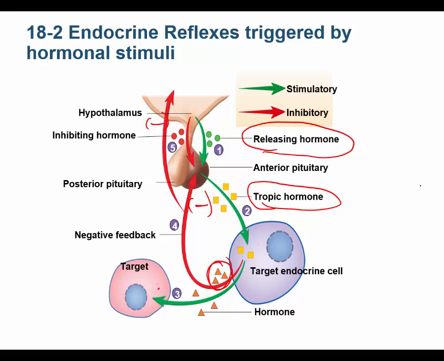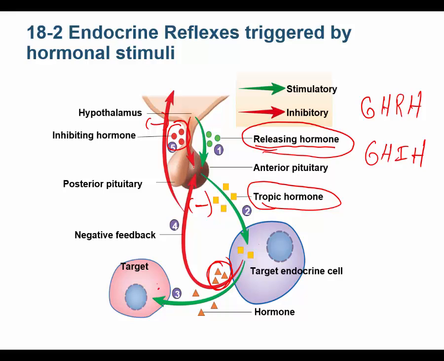One more thing I'd like to point out is this. Sometimes the hypothalamus secretes inhibiting hormones. So I've been talking to you about the hypothalamus secreting releasing hormones. Like I said, there's a growth hormone releasing hormone. Well, guess what? There's a growth hormone inhibiting hormone. All right? So